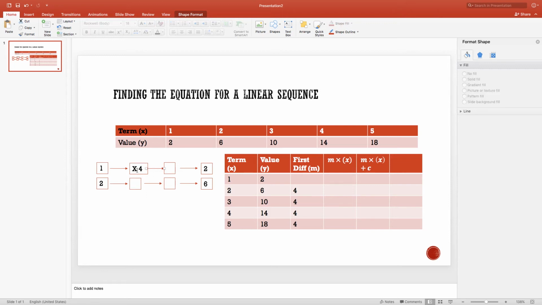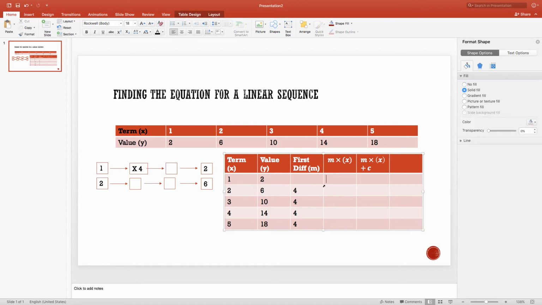So if we take 1 and multiply it by 4, we get 4. So what else do we have to do here to 4 to get it back to 2 is what we're asking. So if we go ahead and do that all the way through, 1 times 4 is 4, 2 times 4 is 8, 3 times 4 is 12, 4 times 4 is 16, and 5 times 4 is 20. Now, if we look at that 4 there, it means that we have to take 2 away to get back to 2. So we actually have to subtract 2